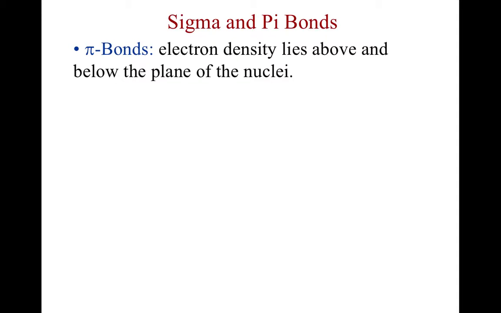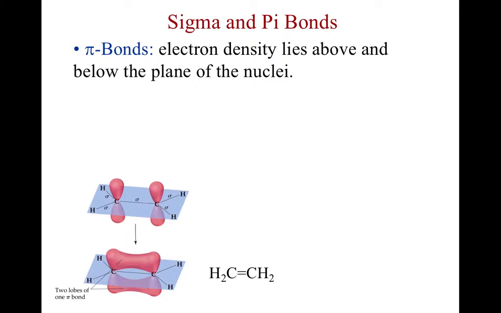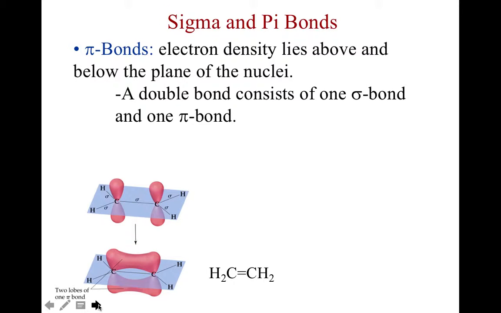It's going to be above and below the atom. So here you have an electron density above the carbon and below the carbon for each of these. And that's where our double bond was found, between the two carbons. So a double bond consists of one sigma bond